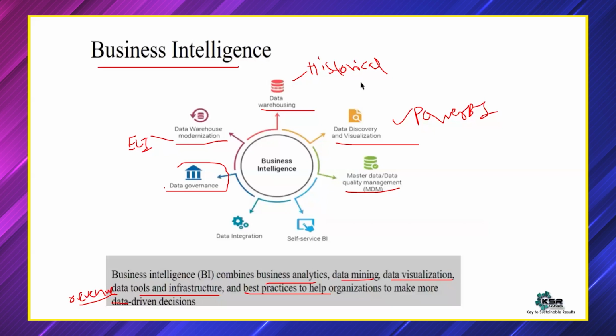Data governance. How do you govern that data? Govern means, is it the correct data? Analysis of data, understanding whether it is correct or not. Data integration: from which location, and what all technical aspects are behind where the data is coming from. Now, self-service BI is more related to artificial intelligence. The introduction of Copilot, these are all self-service BI.